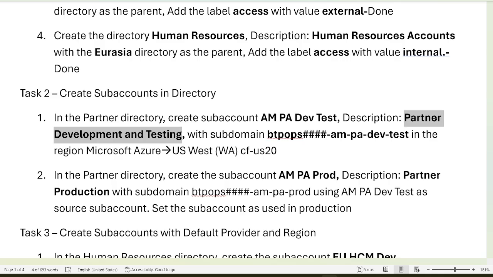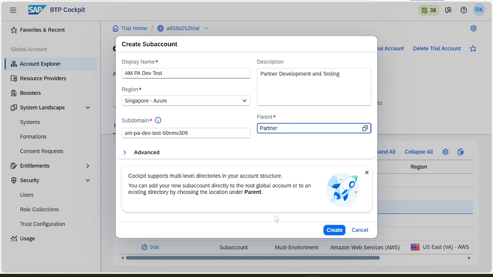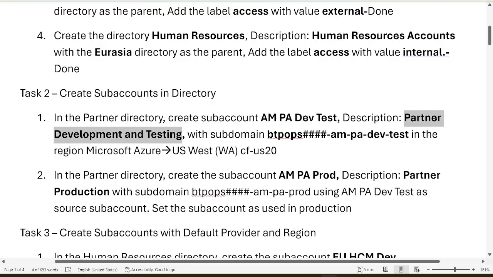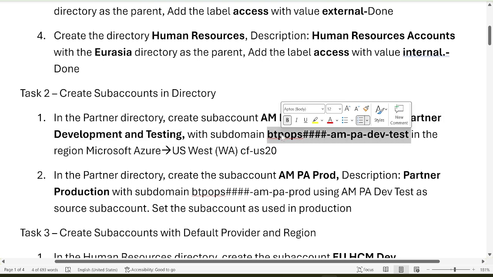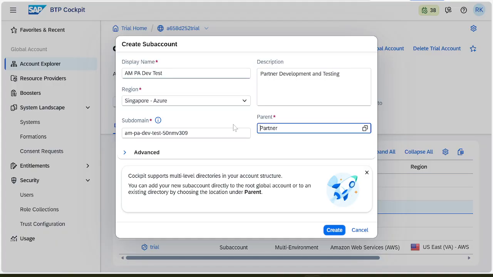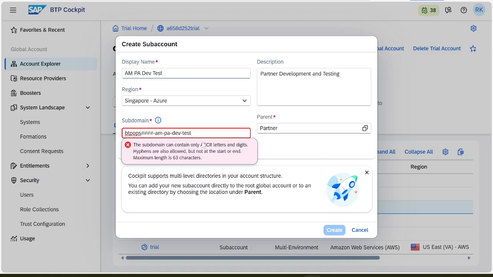Subdomain. Now where is the subdomain? You can see this is the subdomain. By default it is coming, but you have to change the subdomain. So just Control A, Control V, subdomain. The subdomain can contain only letters and digits.